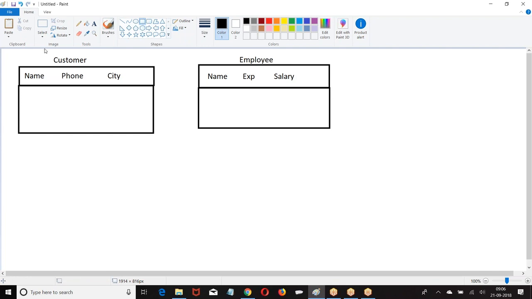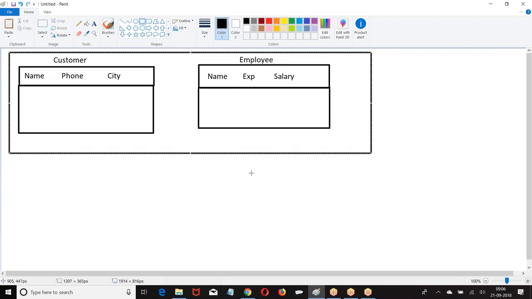So these are the tables that I have in the database.